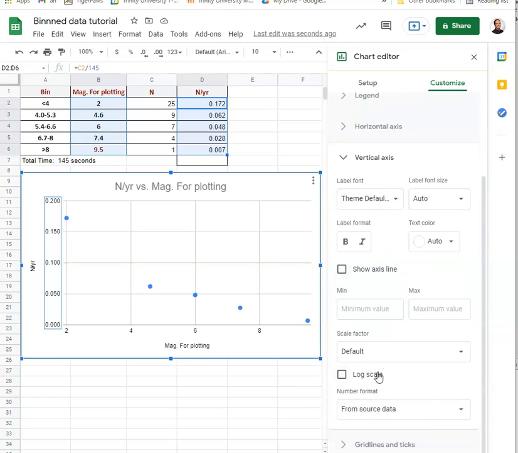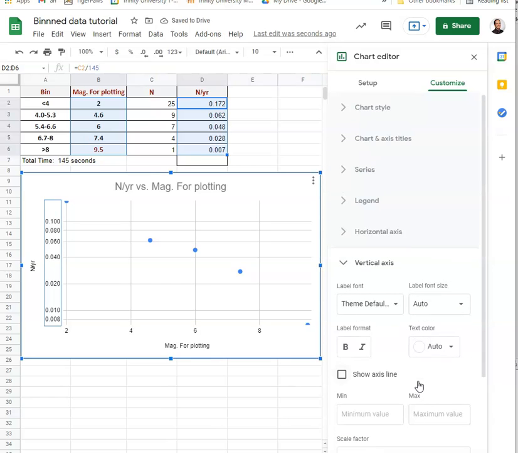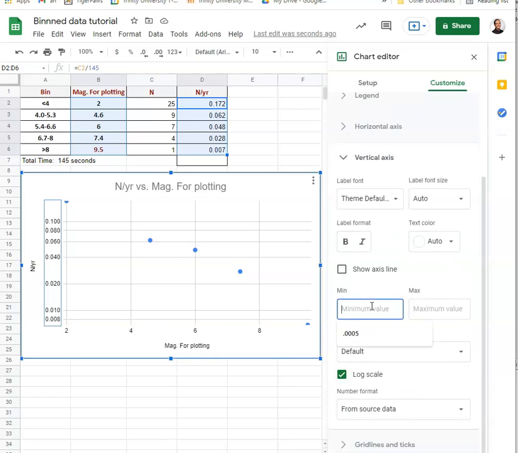Now if you look at the whole system and say, okay, I want a log scale, initially that looks pretty good, but the problem, hopefully you can see, is that you have data points that are falling off of your scale, and you do not want that. I am not quite sure why Google Sheets does that, but I'm going to go ahead and choose